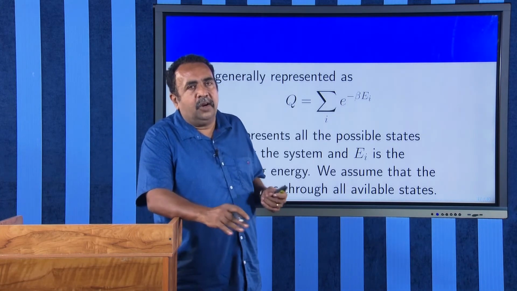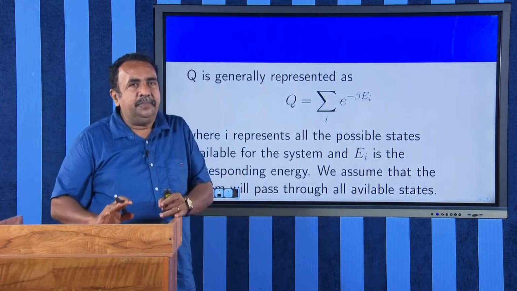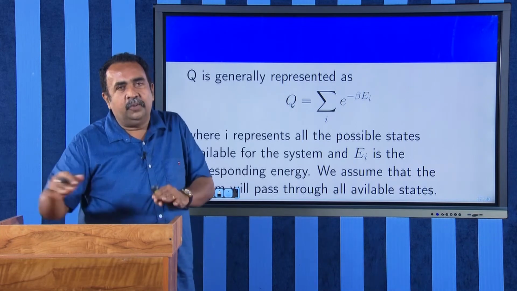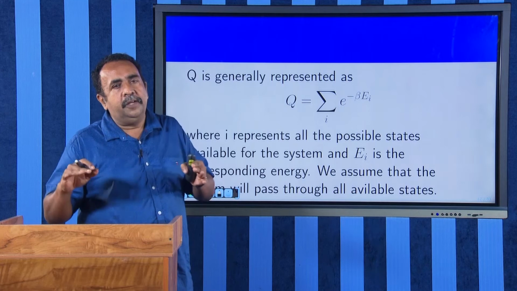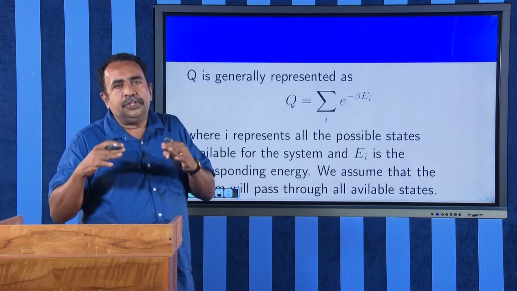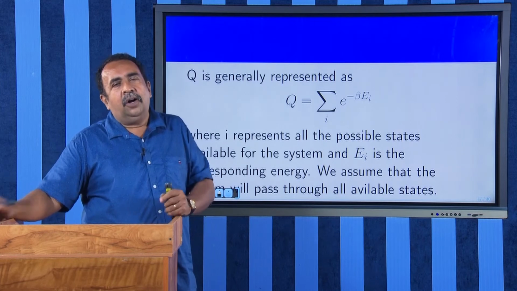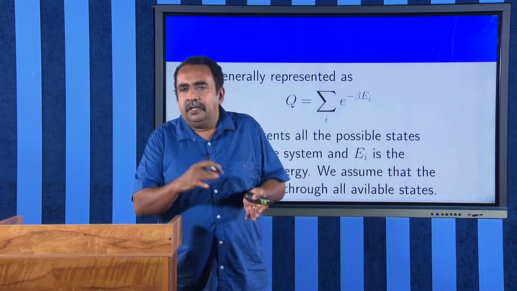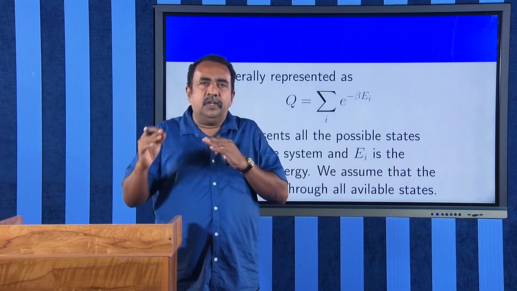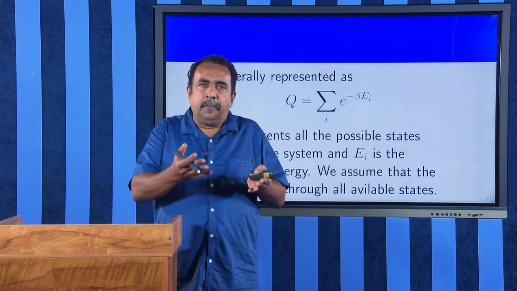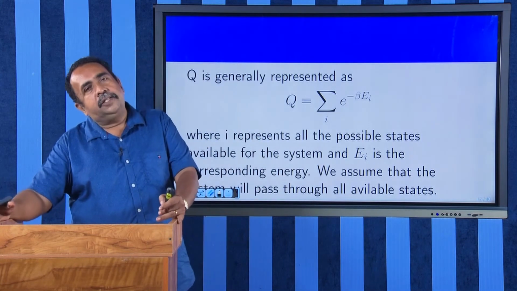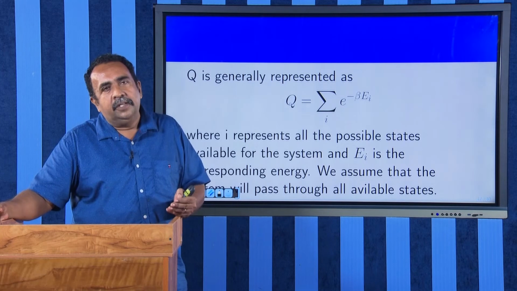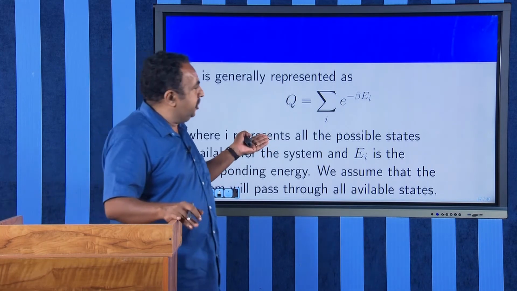This Q is the sum over all the available states. Therefore, it is a quantity that we have to evaluate from the micro world. Micro world means the world of electrons, photons, phonons, etc. All these particles in this micro world, inside a metal or inside a star, inside a solid, will be continuously moving. And if you want to find out the properties exhibited by all these materials, you will have to take all the possible energy states, and then sum up, and then you will be able to find out what is the partition function.